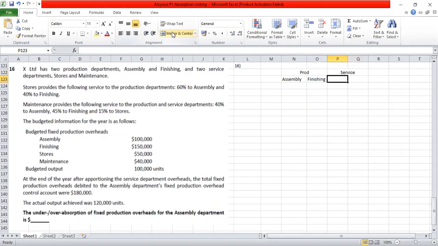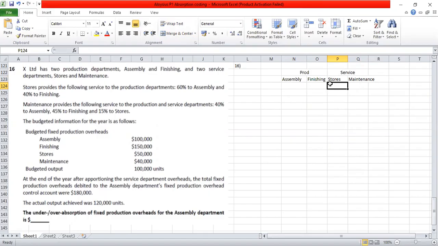One is called as stores. The other one is called as maintenance. Okay. Now, all the costs of service department ultimately have to be charged to the production department, these two, assembly